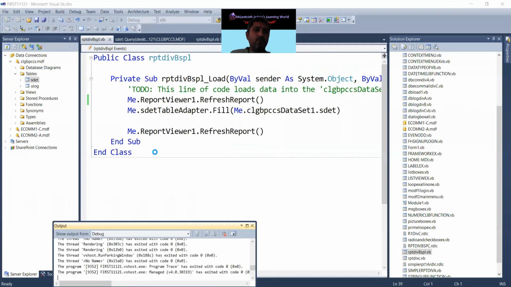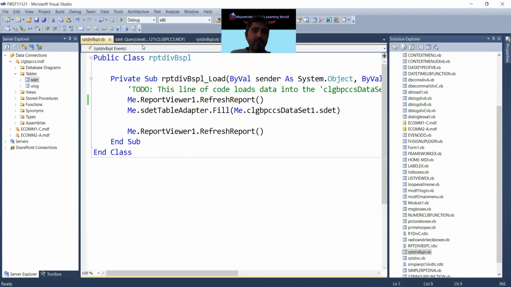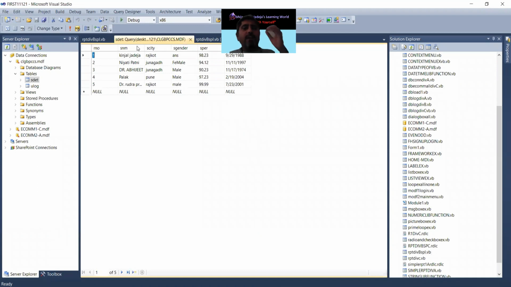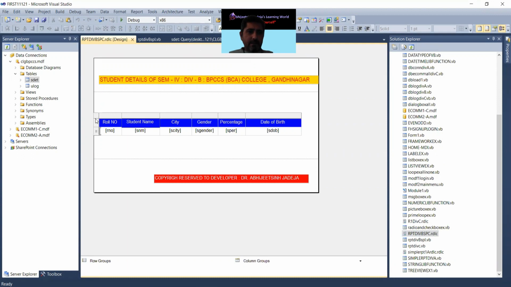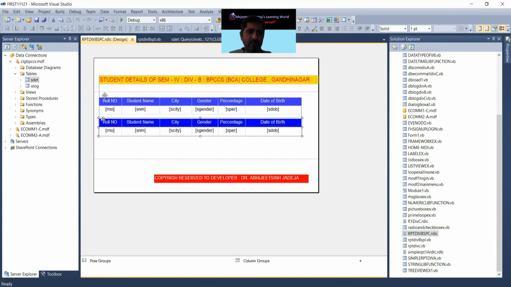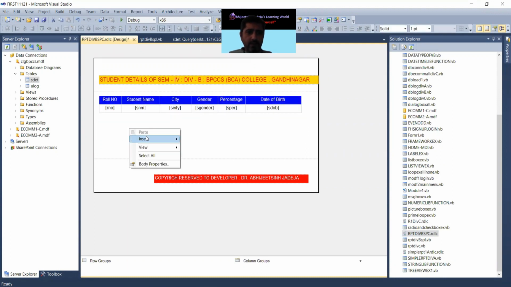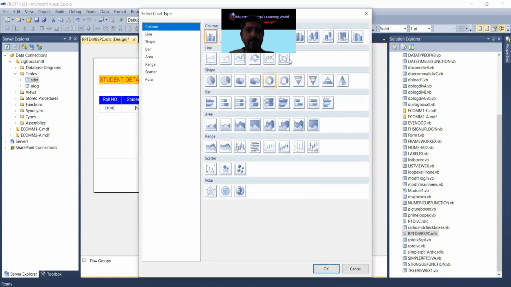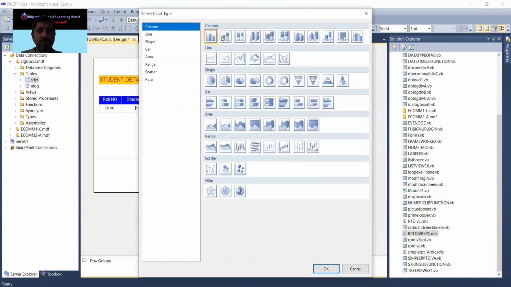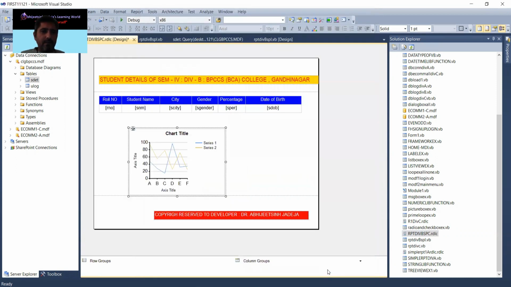Now, if we would like to go for a parameterized report, please kindly concentrate because this is very, very important. And if we want to make a chart also, we can create a chart. So in RPT, after this table, I would like to pick up this table and move it upwards, then Insert, Chart. Okay, there is an Excel chart type. If you want to make the chart, go to this line chart and click OK.